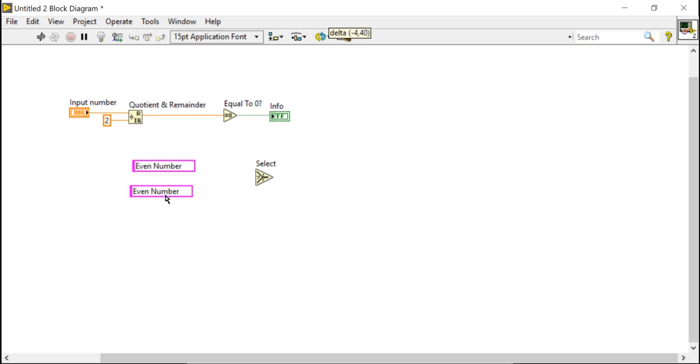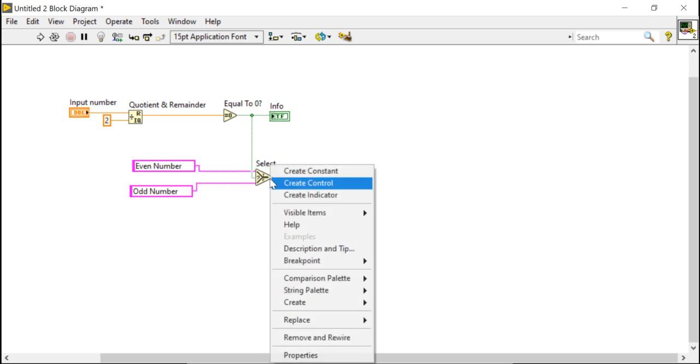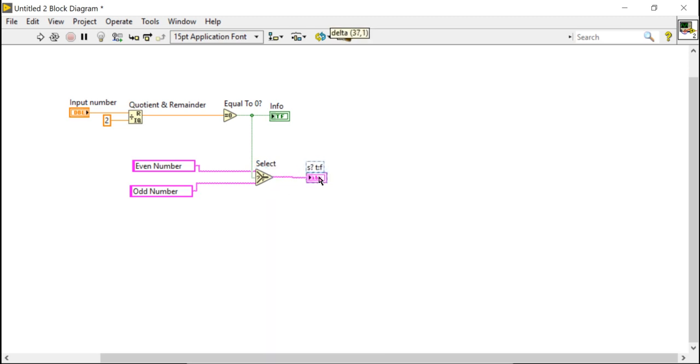Then copy and paste and write odd number. Make the connections like this, then right click, create indicator, and this indicator will be here. You can change the name to odd slash even.